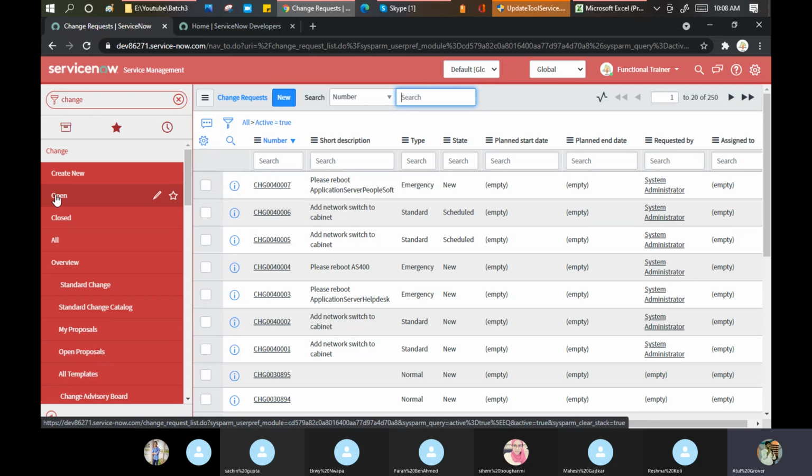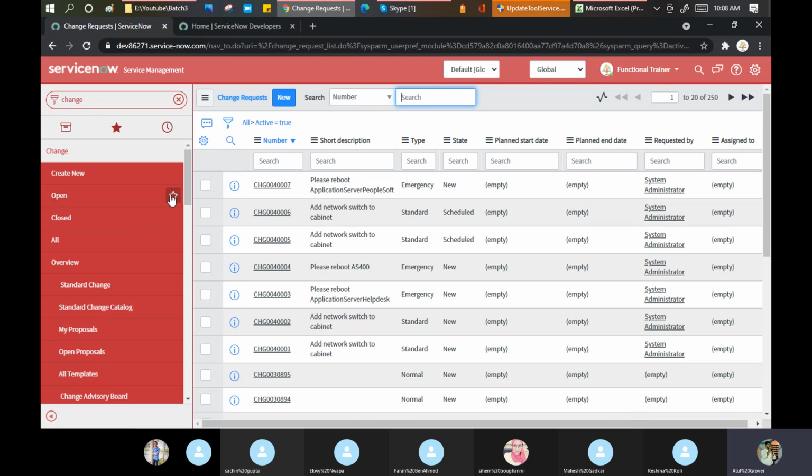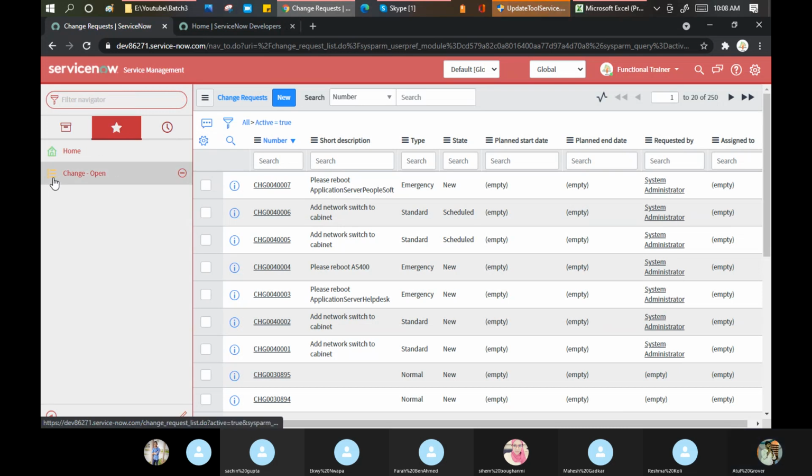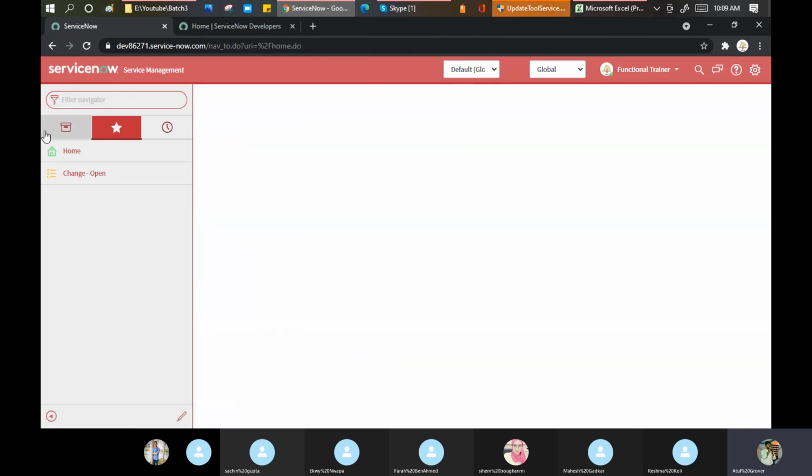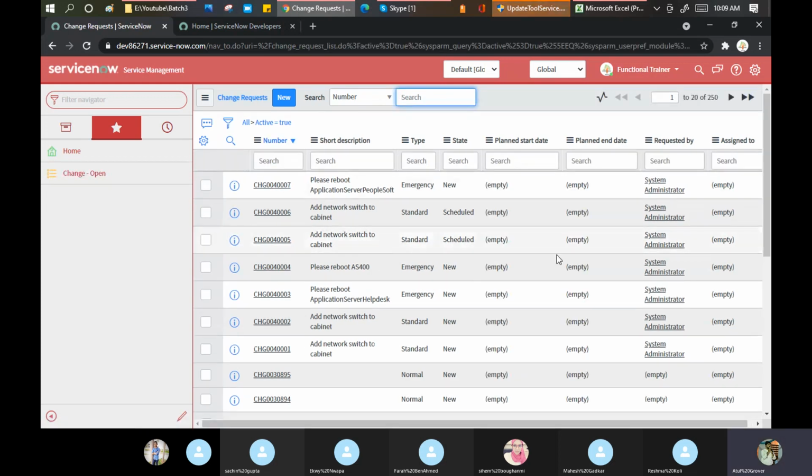Suppose I'm using the open module a lot of the time. Let me do this, and I go here and here. Now I just click here, and it will open all the change records. Let me click on the home button here. I want to see all the open changes. Click here, it is done for me. Clear? Any doubt, any question till this point? Now it's clear. Okay. These are the basics required to understand.